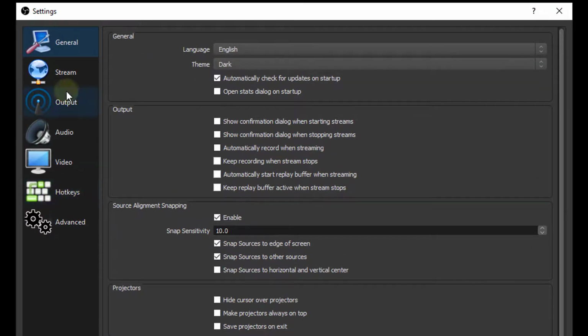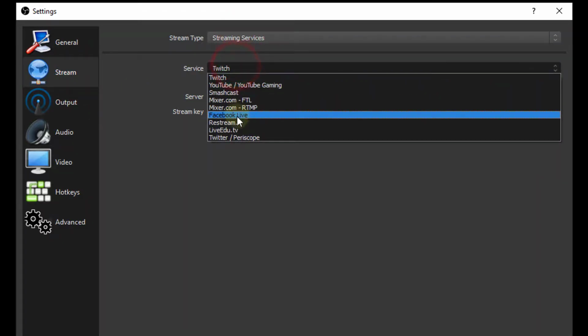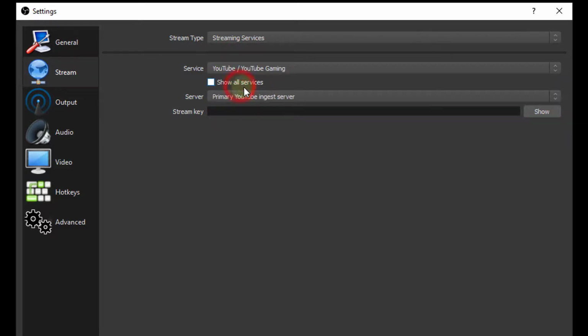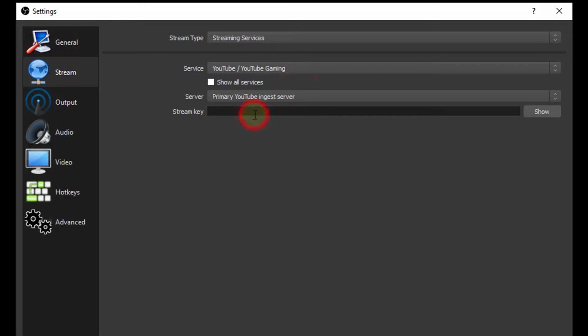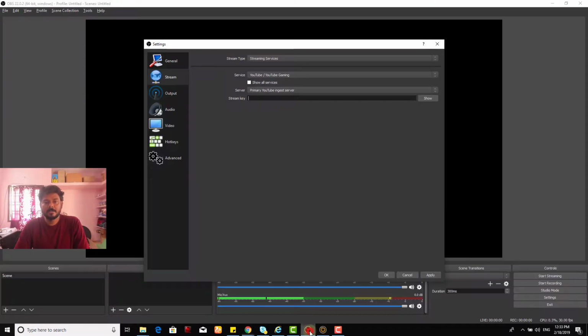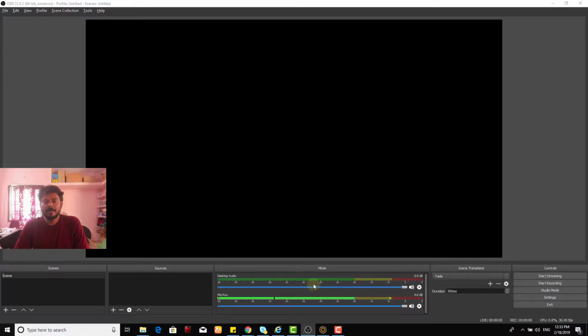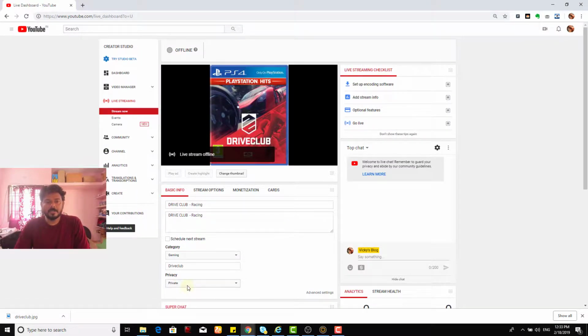Under settings, come to stream and you need to choose your streaming. I'm going to do this in YouTube. First I'm going to set this to YouTube gaming, and I need to provide the streaming key. I'm going to copy the streaming key, paste it here, click apply and give OK. Before that, please ensure that you are in private to test this. And now